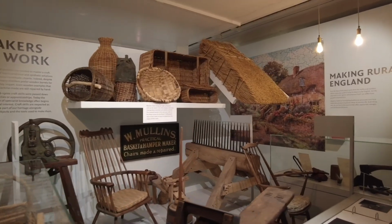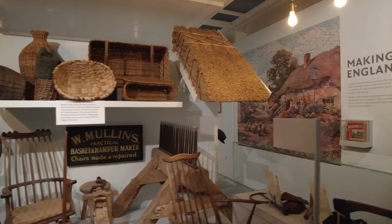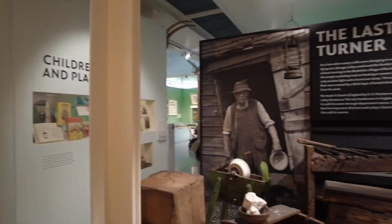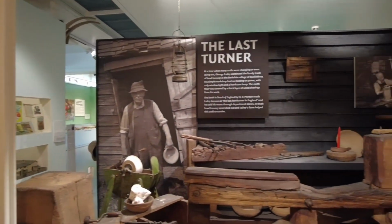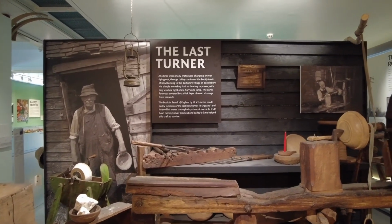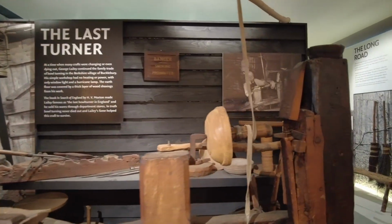And here you've got different wooden tools and wooden products and roofing there from a thatched cottage. So you could see the different country crafts, because farming's always been a lot more than just people herding sheep and cutting crops. It's a whole economic and